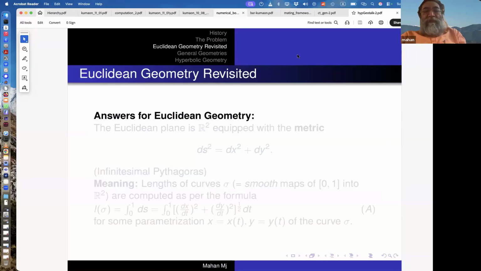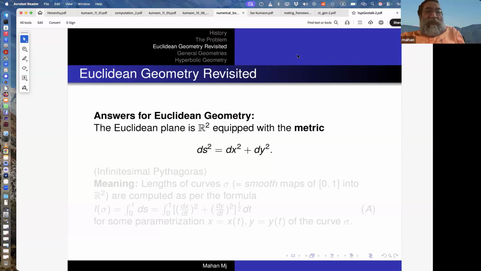And here is the definition of a plane that we will be looking at. And so what exactly is Euclidean geometry? It is done in a background plane, R2, which is equipped with a metric. And the metric is given by this simple formula, a package, ds square equal to dx square plus dy square. What it really is, it's an infinitesimal form of the Pythagoras theorem. But one thing that you should mark here is that somehow or the other we have introduced very quickly a fundamental and rather deep concept, namely that of an infinitesimal.